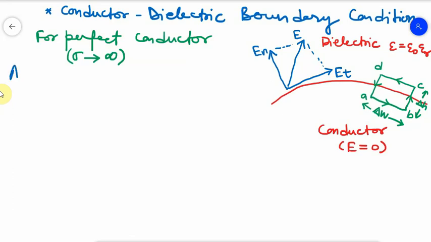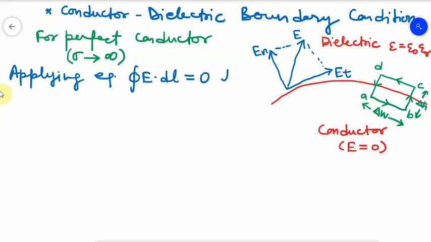So we apply the equation, closed integral of E dot dl equals 0, to the closed path A, B, C, D, A. The right side is 0, so let us take it as 0, and now we will move from